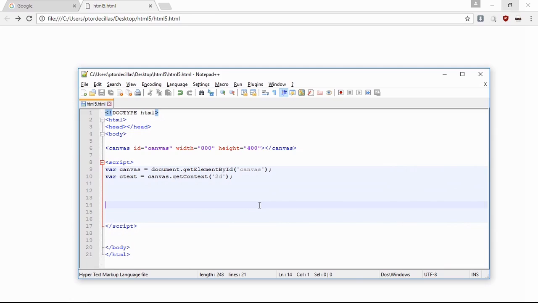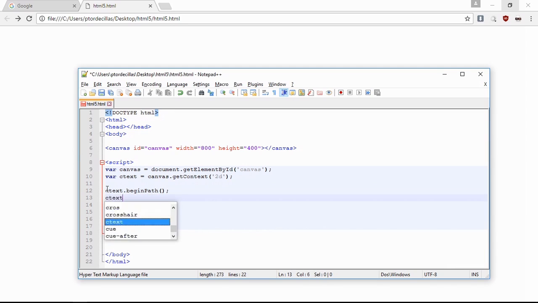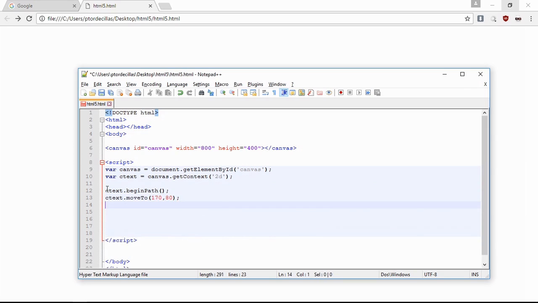In this lesson, I will teach you custom shape in HTML5. Type here ctx.beginPath(), then ctx.moveTo(170, 80), then ctx.bezierCurveTo